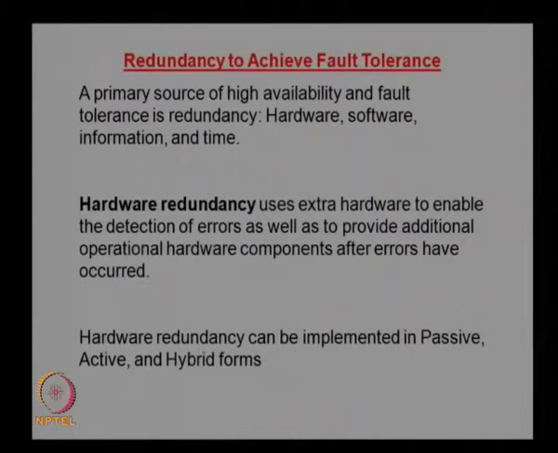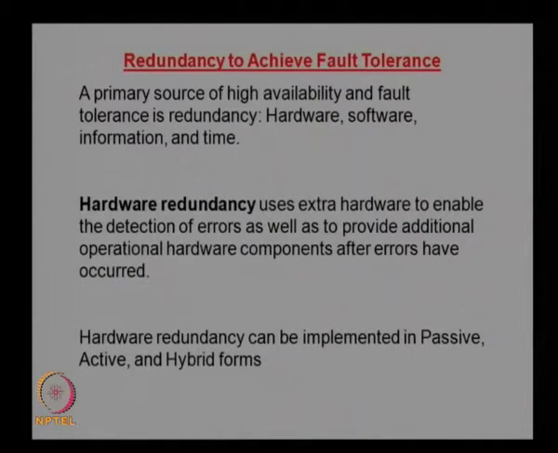Like in the case of that aircraft, we have 3 hydraulic systems. While only one hydraulic system is sufficient to provide the control plane actuation, we provide 3 hydraulic systems, and these will be powered separately, so again 3 separate power sources. Basically we provide redundancy in the hardware hydraulic system. But we need to ensure that these 3 alone are not sufficient, and we need additional hardware also, because the single point failure needs to be eliminated. But hardware redundancy is one of the primary methods for fault tolerance in the system.